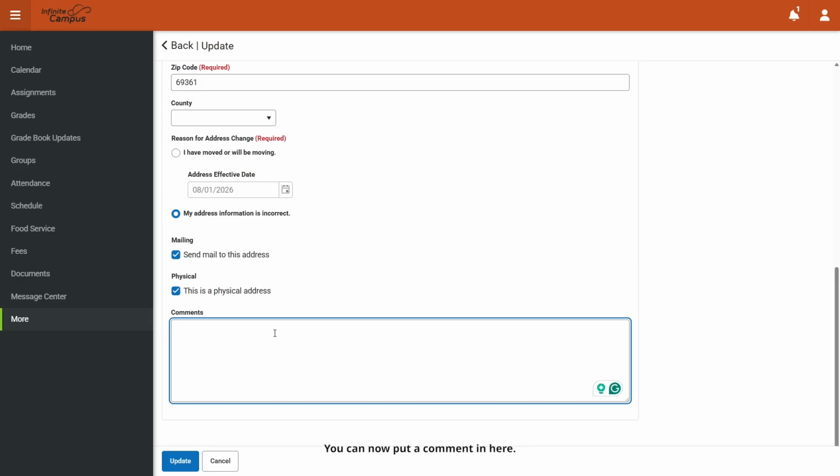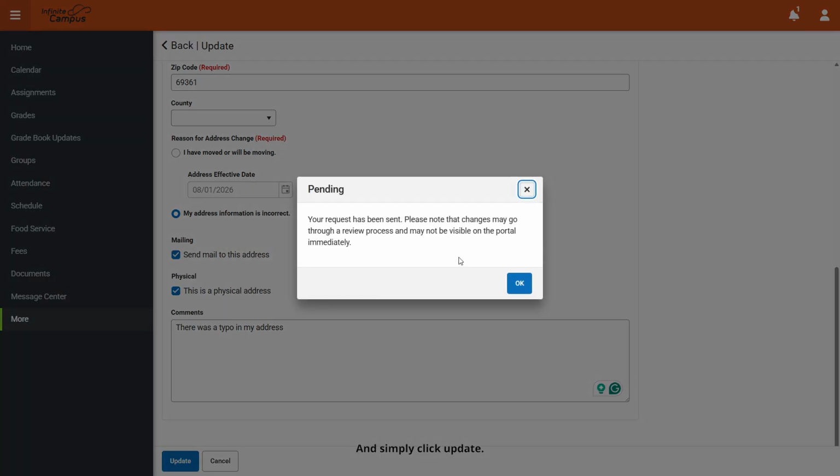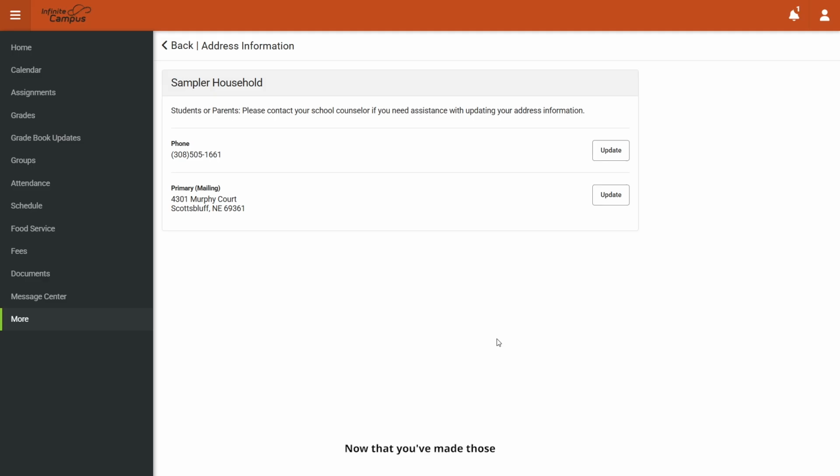You can now put a comment in here that could be there was a typo in my address, or I have moved, or whatever the situation is, so the person reviewing this information knows the reason for your change, and simply click Update. You will get this message letting you know that your request has been sent, but that it does go through a review process. Now that you've made those updates to your primary address and phone number, choose the back button